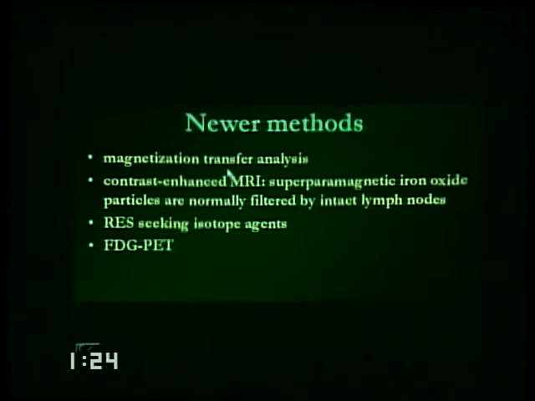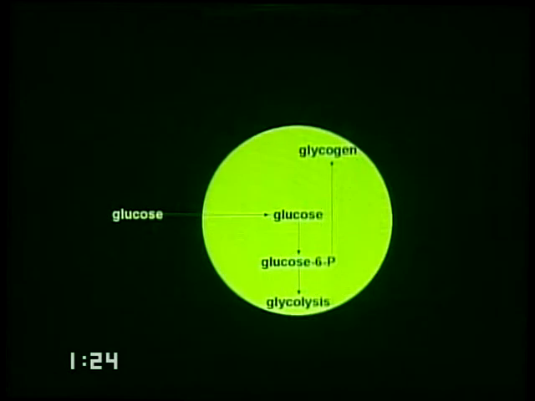New methods of looking at lymph nodes, again, CT and MRI are only so good. FDG PET imaging is really the way to go. In fact, if you have a sizable population of head and neck cancer, there is no reason you should not be doing a PET scan because it makes things extremely easy and logical. We're going to talk about PET scanning in greater detail tomorrow, but just to give you a little taste of